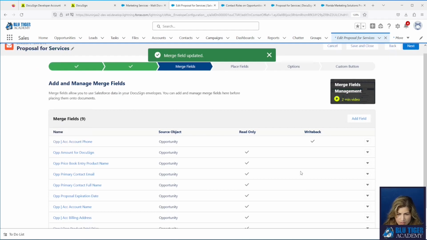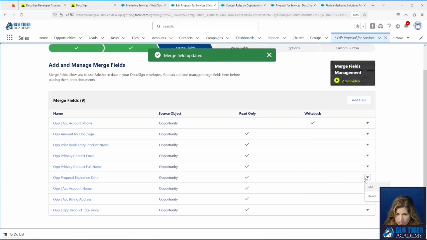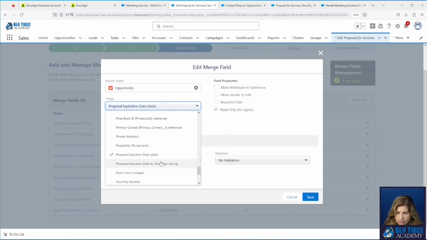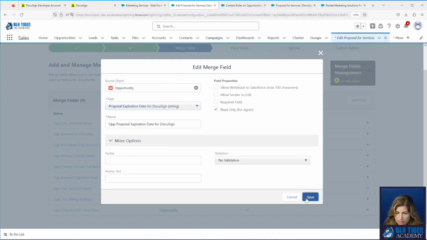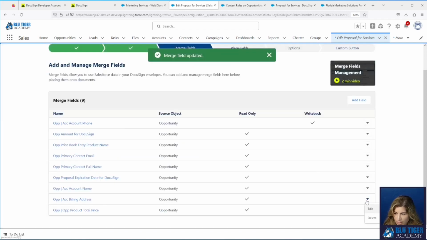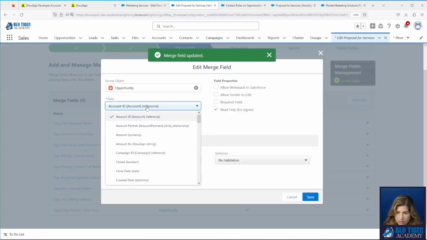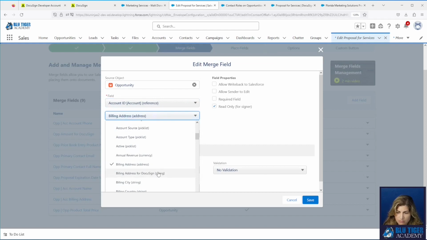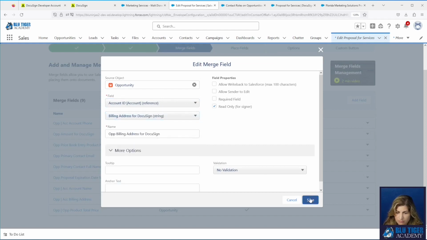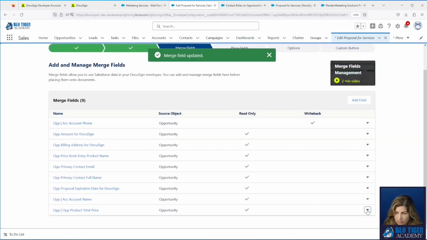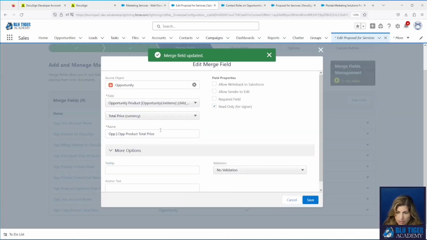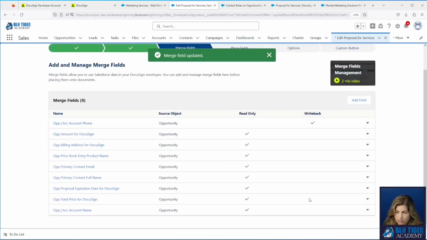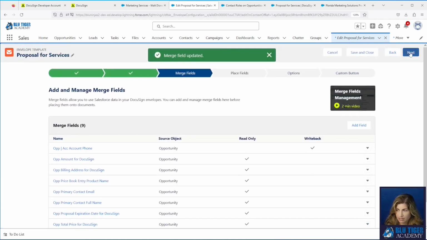We'll do the same thing for the proposal expiration date. Again, for the address. And then again for the total price. All right, all of those are updated.